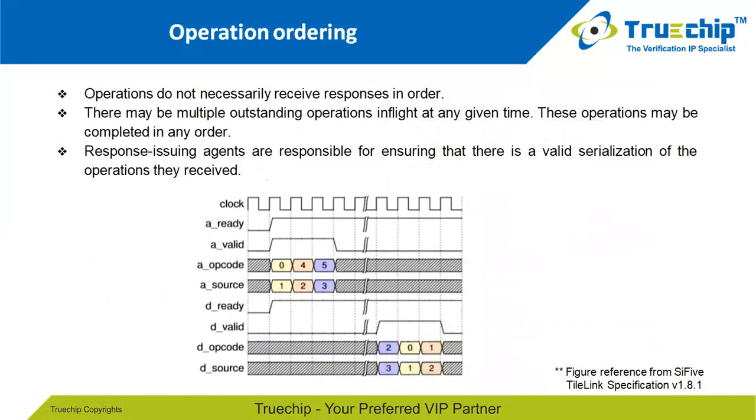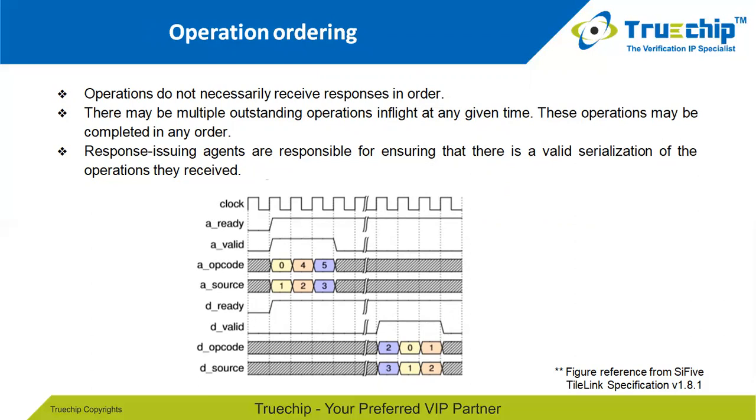Operation ordering. In operation ordering, it is not necessary that the operations will complete in the order they are issued. They can complete in any order. As we can see in the waveform, the response can arrive in any order relative to the request. Operations do not necessarily receive responses in order. As in the waveform, the operations are generated as 1, 2, and 3 and completed with the responses as 3, 1,